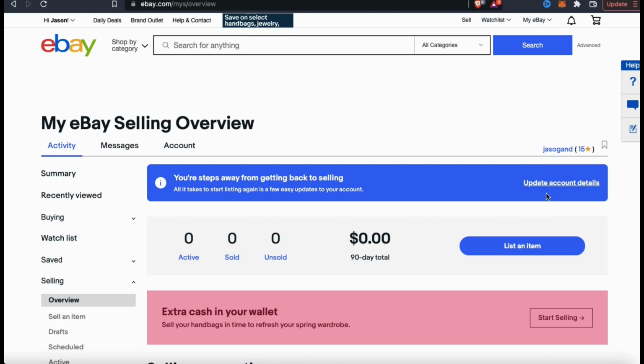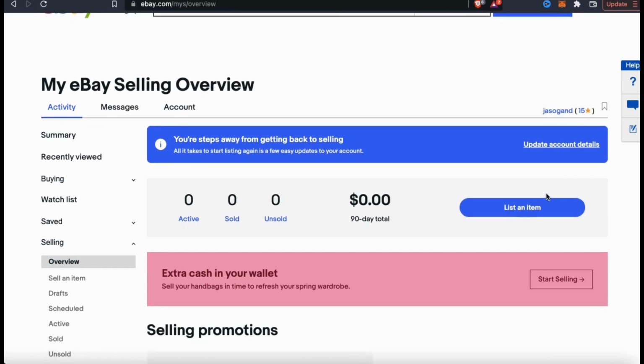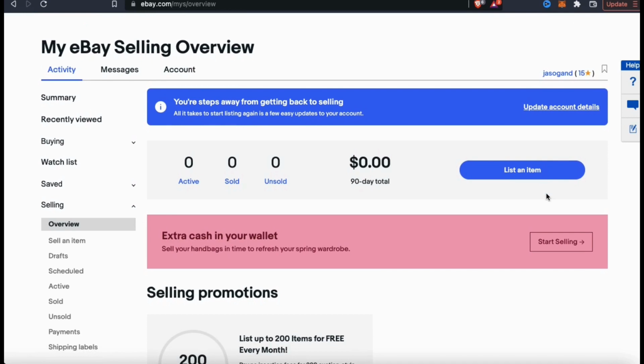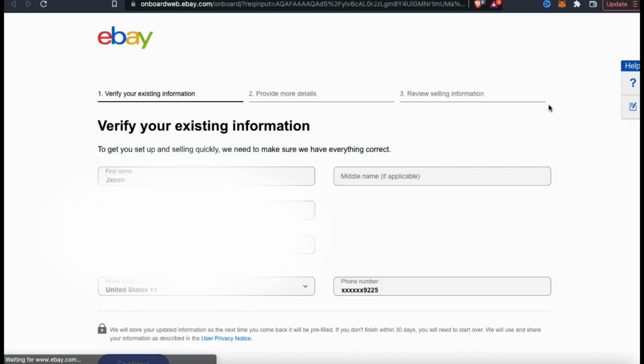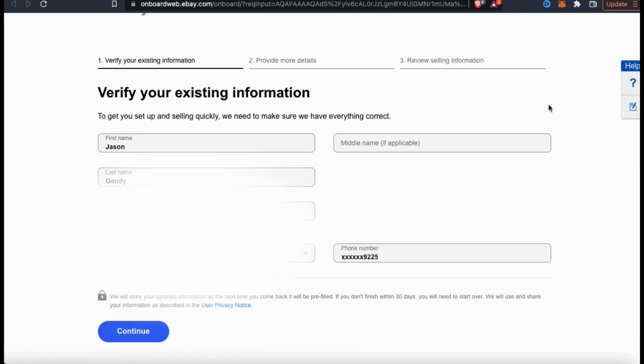But in order to upload products to the eBay marketplace, you'll first have to register as a seller. To do this, let's go to the blue notifications box up top here and click on Update Account Details. This will take you to a page where you can verify your eBay account and register to become a seller. On the first step here, go ahead and verify your personal details, then go down to the bottom and click